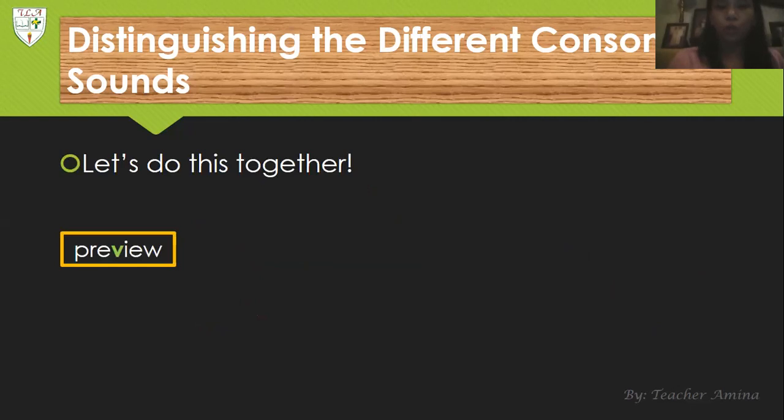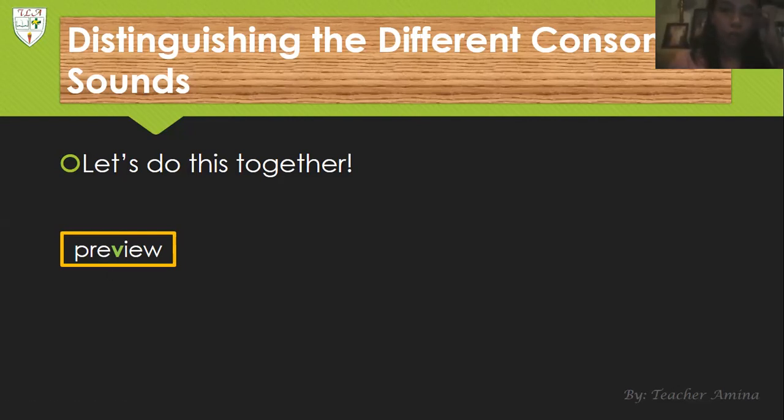So I will show you a word in the orange box, which has the highlighted letter in green. Okay, and I'm going to show you the rest of the words that we're going to find out